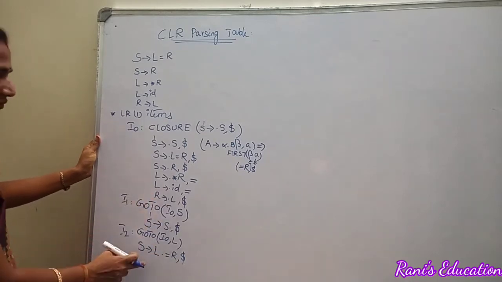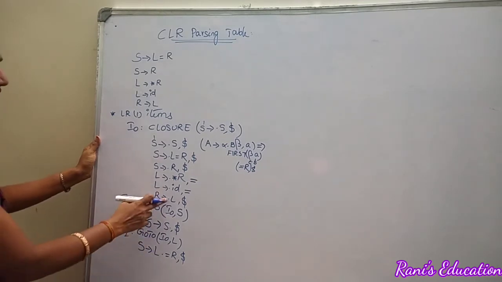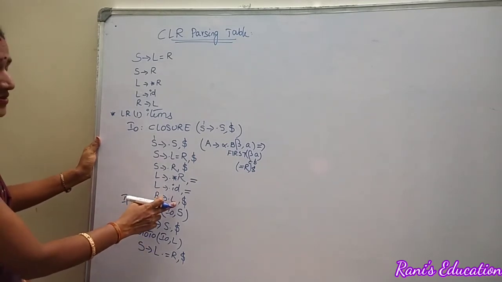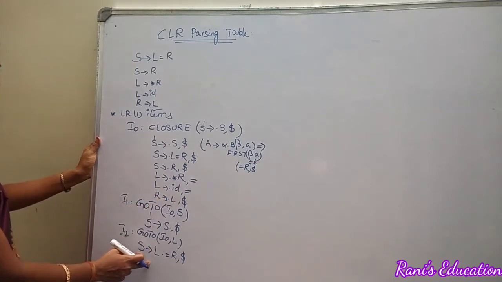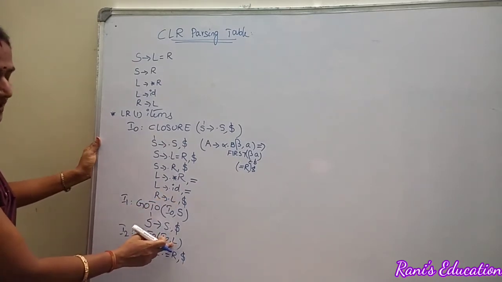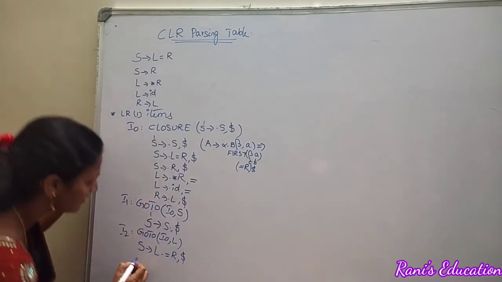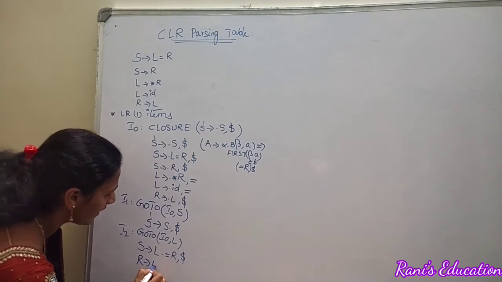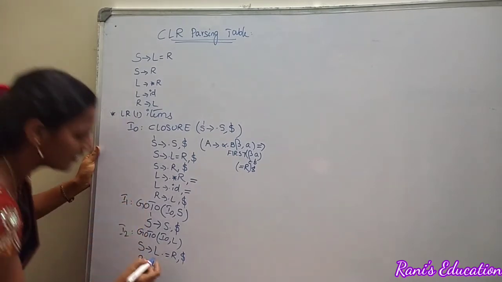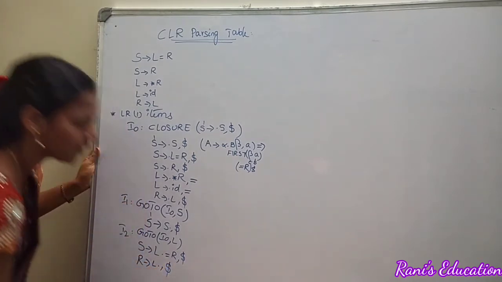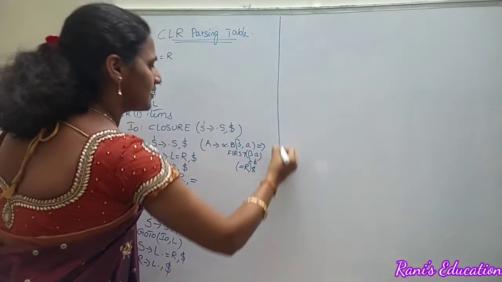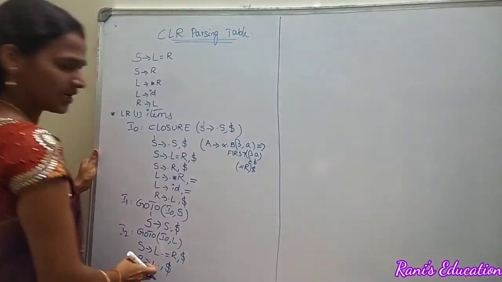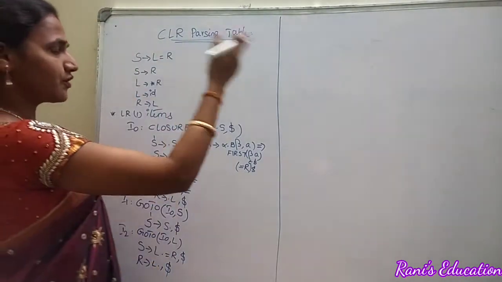So we don't have any specific productions for that terminal. Still we have one more production whose RHS starts with the grammar symbol L. That is also applicable. After L we are supposed to place the dot operator. So that is R→L dot. What is the look ahead for that production? Dollar. Right? So we have used S and L by creating individual items. Now move on to the next item.